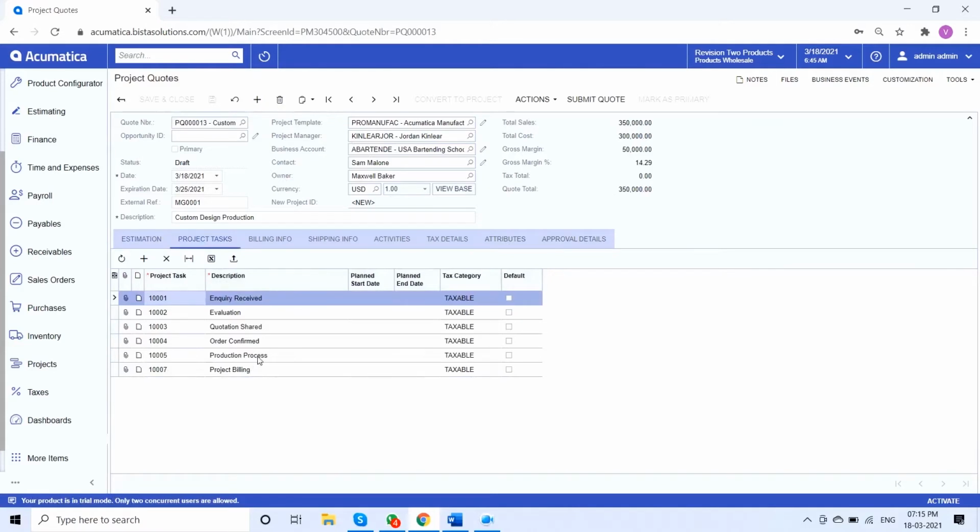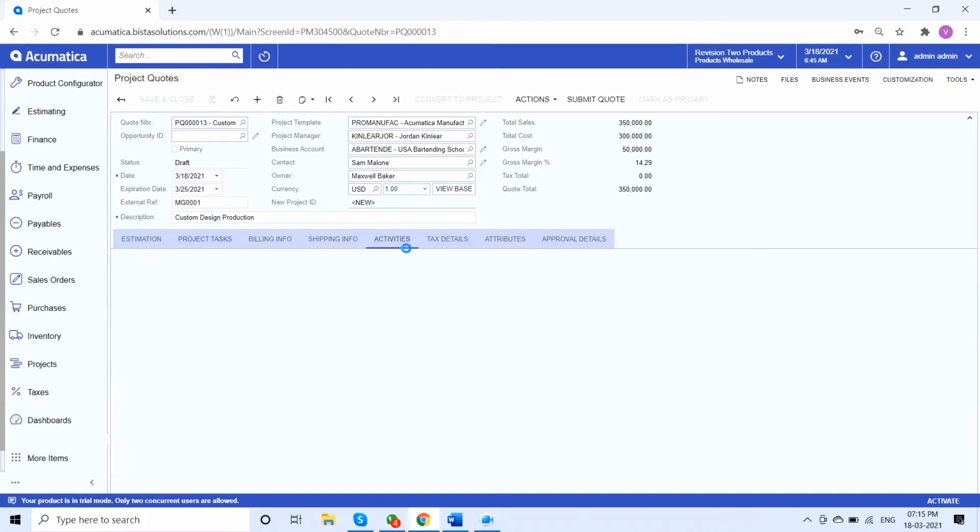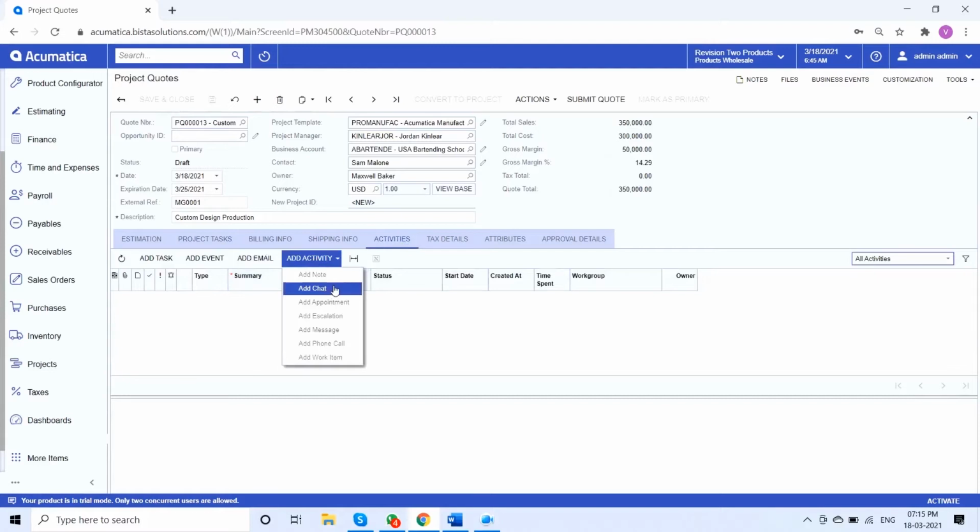Okay, now these are the project tasks which are carried forwarded from the project template. So I need not create these tasks each and every time I get a new custom order from the customer or I create a new project code. Or else, if I don't map it under my project template, then I can create activities like getting a custom order from the customer, sending out the code to the customer, getting it approved by the customer, and then creating a production order. So all this we have to do manually, but yes, this is possible.